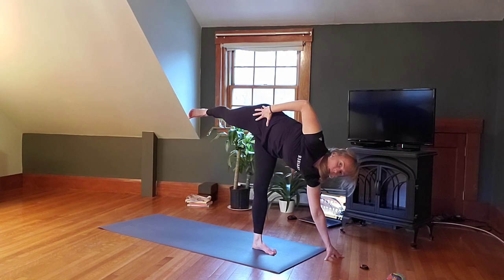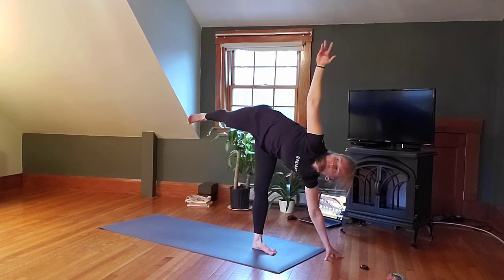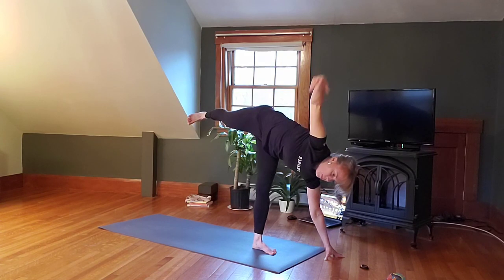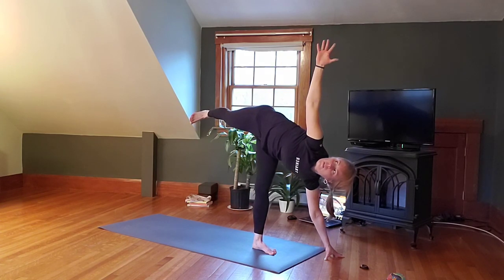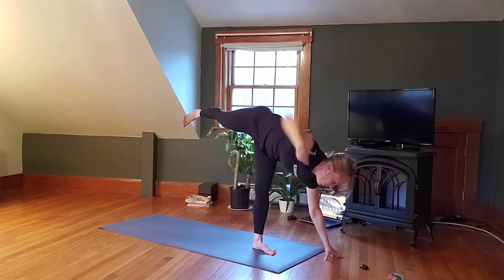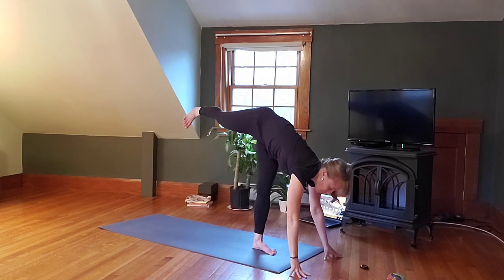Stack left hip on top of the right. Reach up actively through that left hand. When you feel balanced, bring your gaze up towards that left hand. And then bring your gaze down towards your right foot, letting your left hand come to the top of the